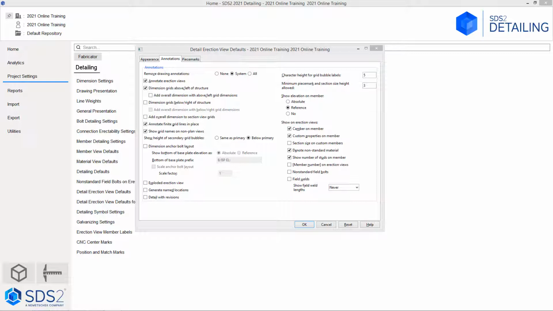We can explode the erection views, generate named locations, which again is not something we need to worry about right now. We can detail with revisions, specify the character height for grid bubble labels. We can specify a minimum piece mark and section size height allowed. We can show the elevation on members, either absolute, reference, or not show those if those differ from what the